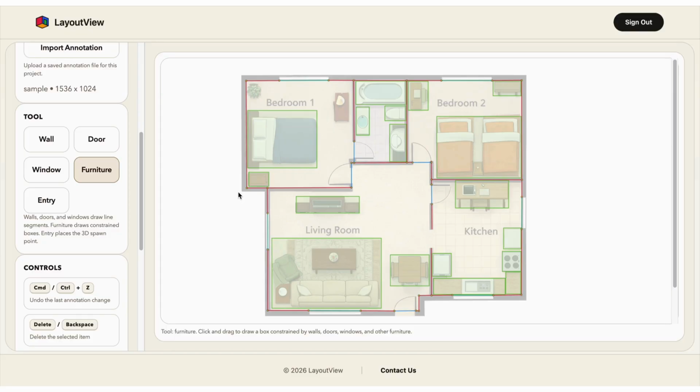All right, so we can see that we've annotated all the furniture, well, most of the furniture, the walls, the